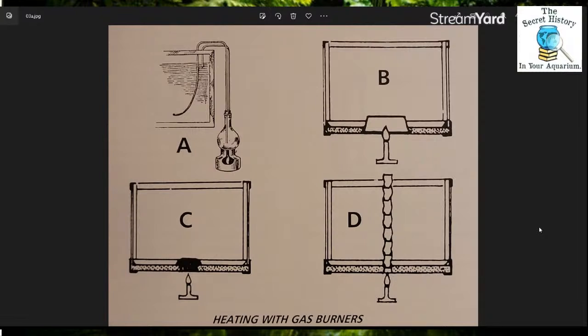And obviously it would freeze otherwise in a lot of parts of the country, especially before electricity. You're not going to necessarily have your tank right next to your fireplace. It would get too hot. So these are the 4 main ways of heating tanks at the time, which underneath you'd have a slate bottom usually, and you would heat it with whale oil or some sort of oil, kerosene sometimes, but usually whale oil was the most common thing that you'd get back in the 1800s